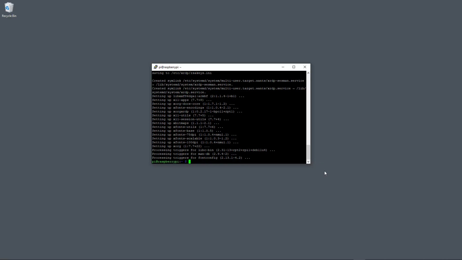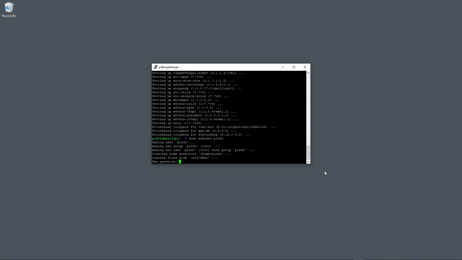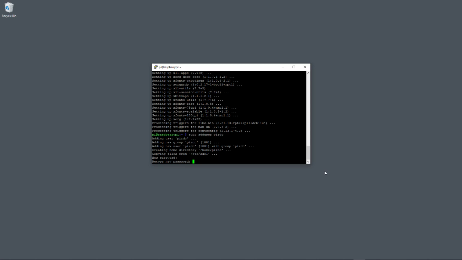So we are back in PuTTy, then I just type sudo adduser and the new username. I just create a new user called Pi remote desktop connection or something. Of course you can call it whatever you like. Click enter, and then you need to specify a password like this, hit enter and retype the new password like this, hit enter,